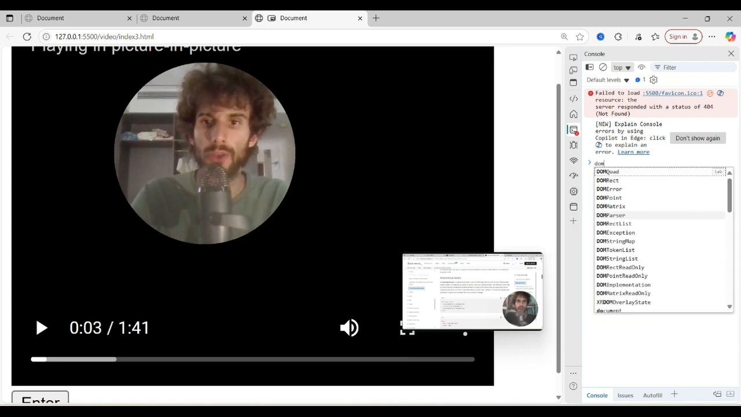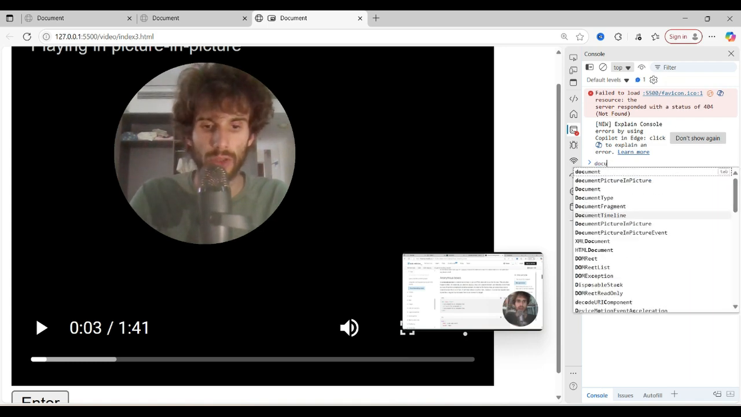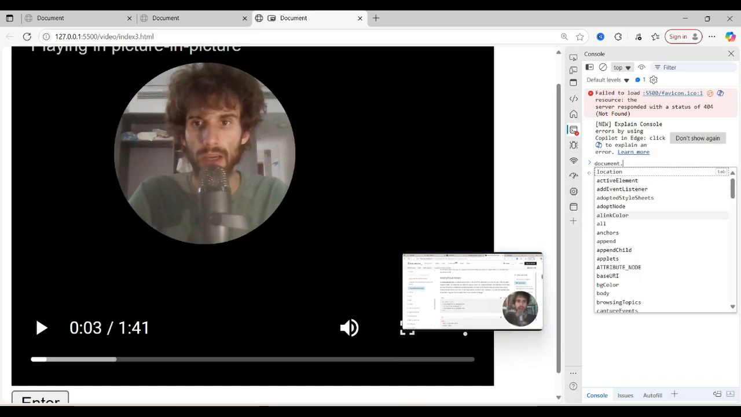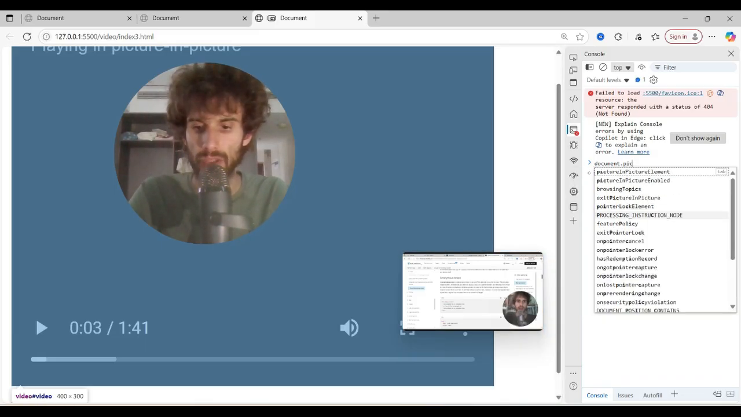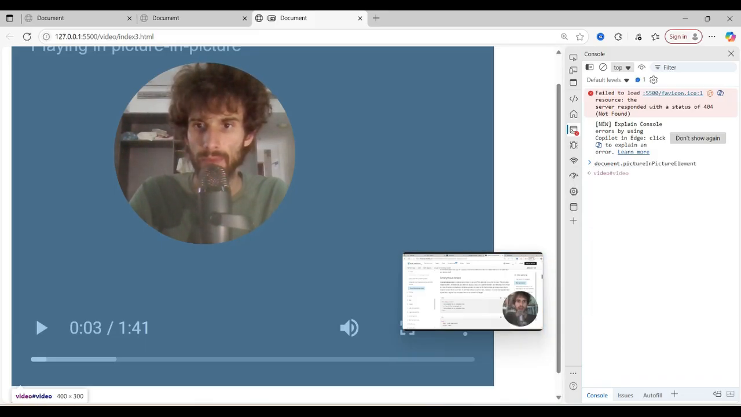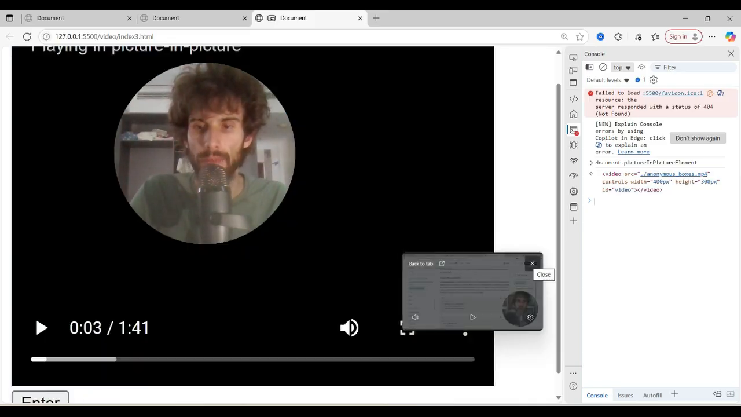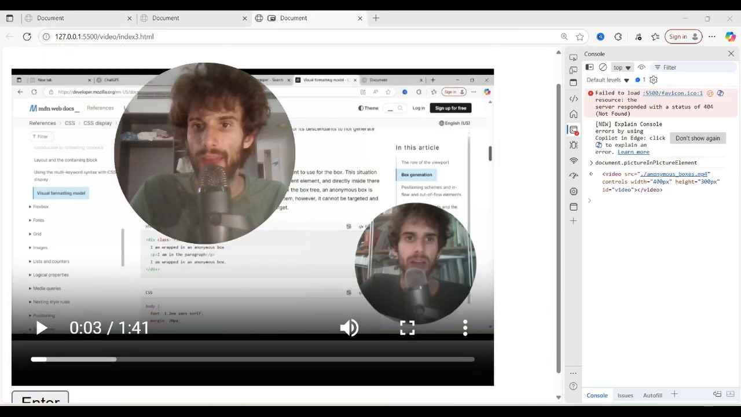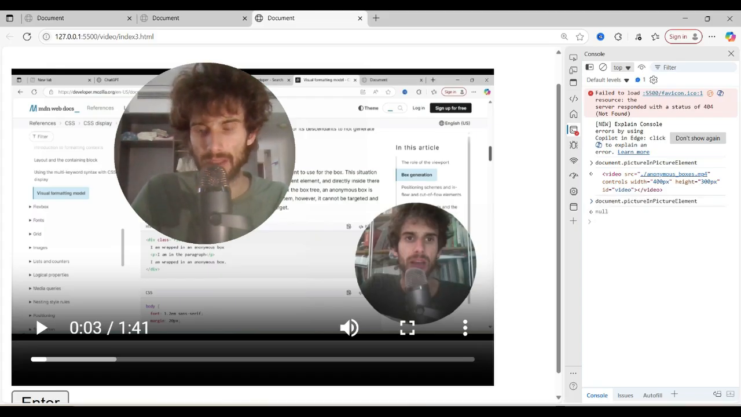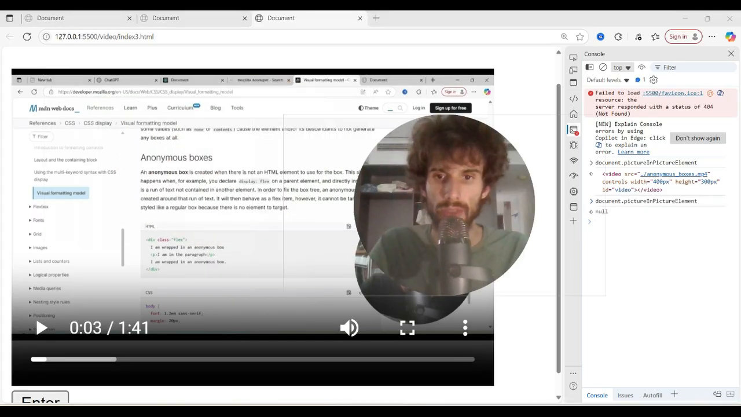So document, if we search for document.pictureInPictureElement, as you can see, we are retrieving a video, which is this one. If now I close it and I run the command again, the element is null. So we can make use of this